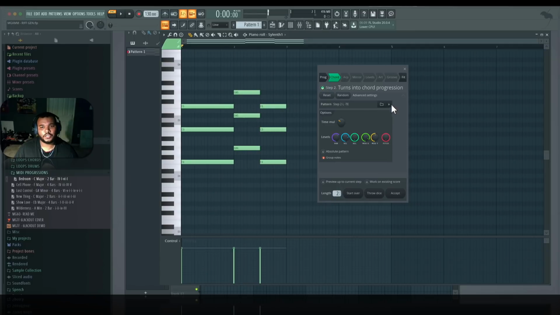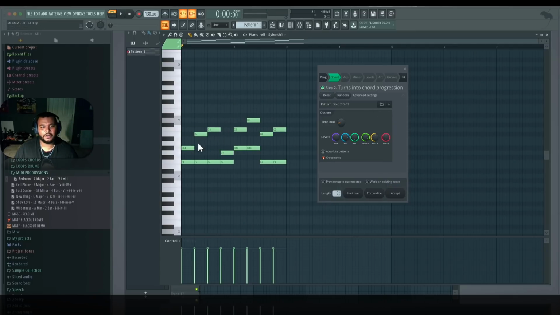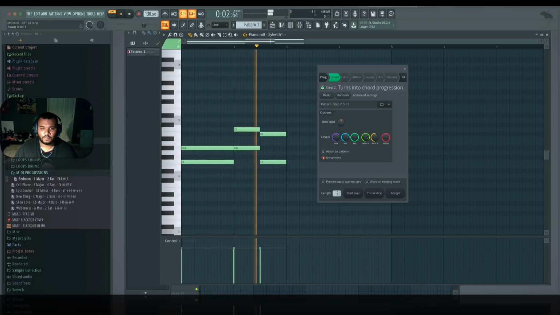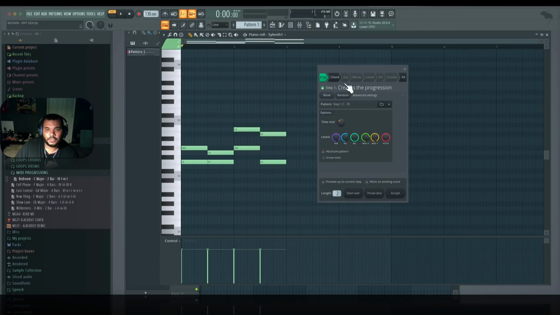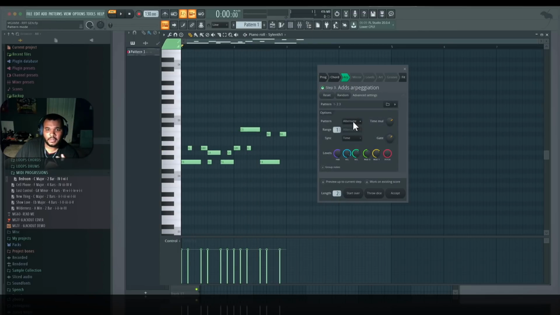And then you keep changing the progressions to get different notes and different stacks. And then the time multiplier here divides up the chords as well. You do absolute pattern. I'm gonna turn group notes off. So that's really dope. And of course you could turn that into an ARP and go through the different ARP